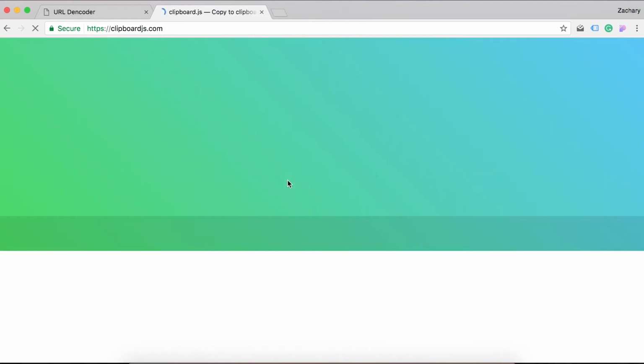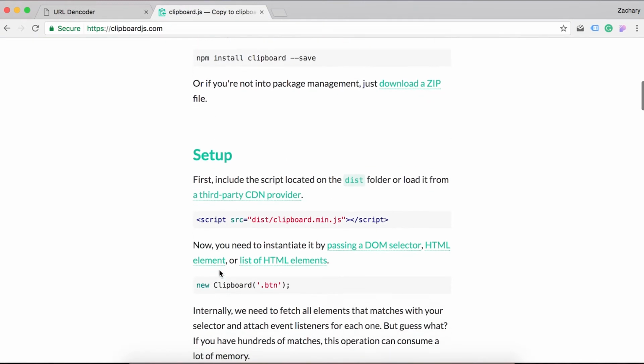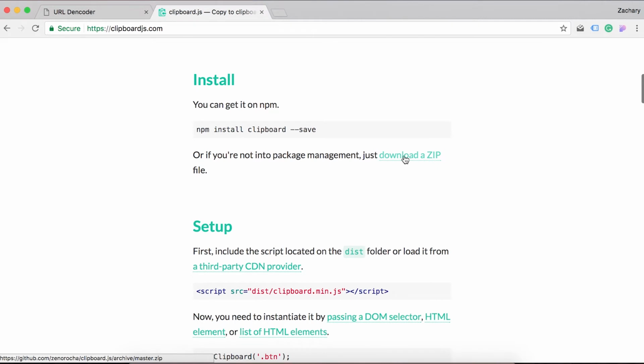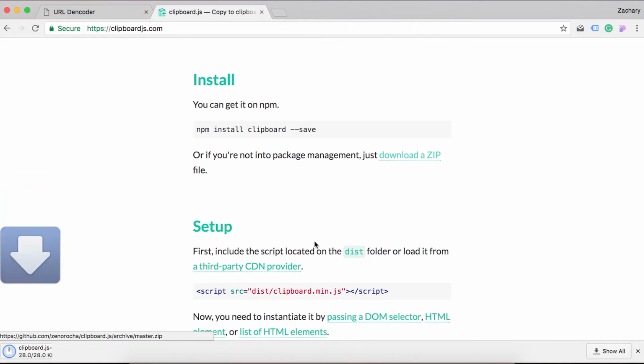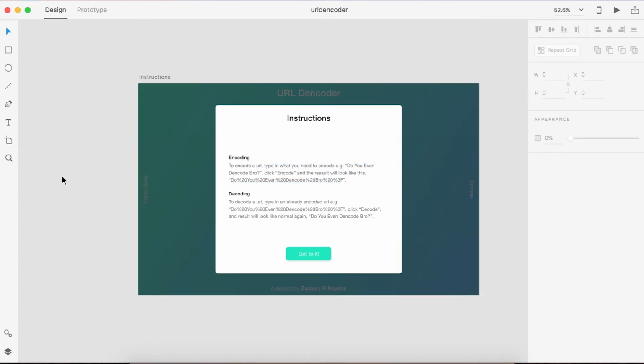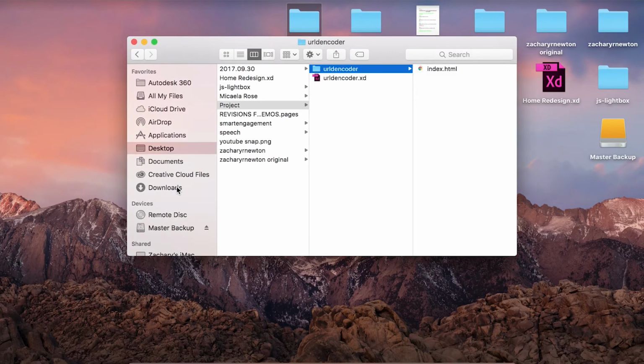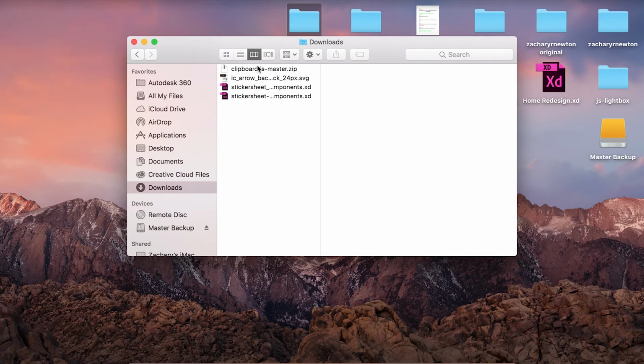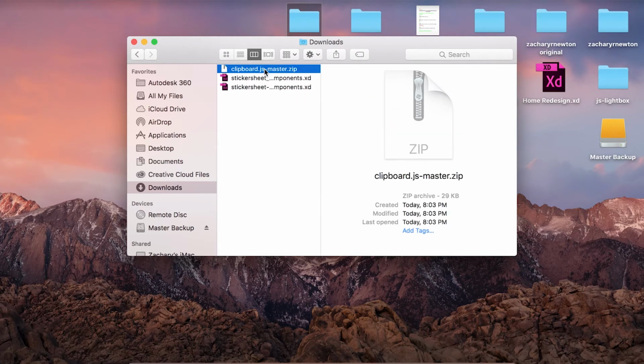Yes, this is what we're going to be using here. Clipboard.js. So let's download the zip. I don't need this open anymore. Let's come over here, open the zip,